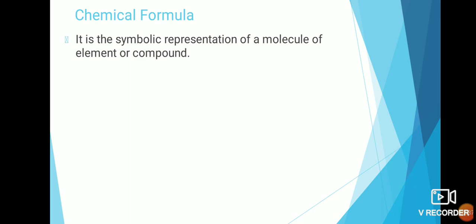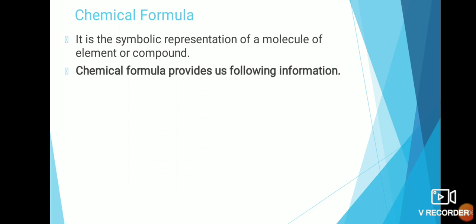But we can question why the formula of water is H2O, not HO2, or why H is written in the front and O afterwards? It is because whenever you are writing a chemical formula, the cation is written first, that is on the left hand side, and the anion is written on the right hand side. We are going to look into this.